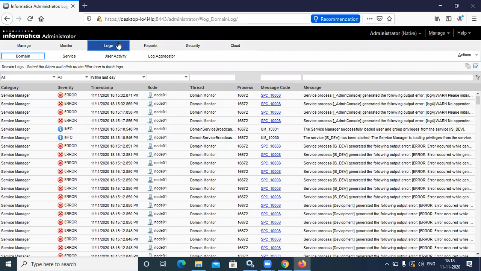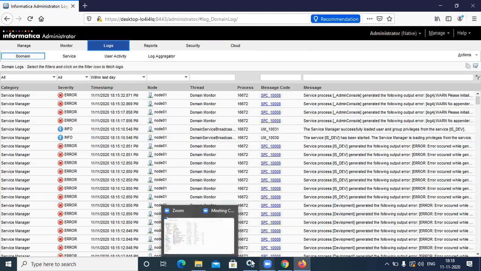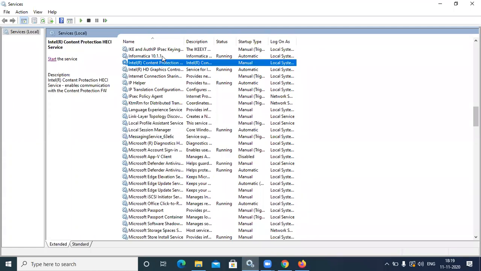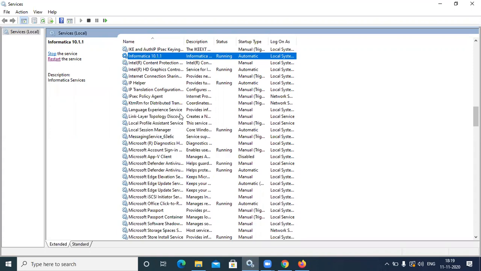If you have other services, you will be able to check them under these logs. For example, if your entire Informatica is going down, meaning the main services are going down, at that time, if your Informatica is not coming up and it's showing an issue, what you have to do? First,